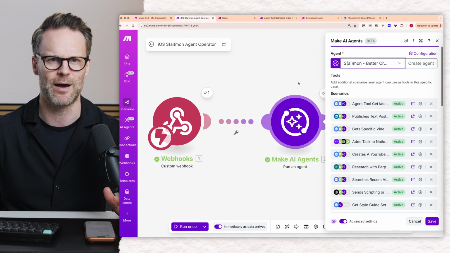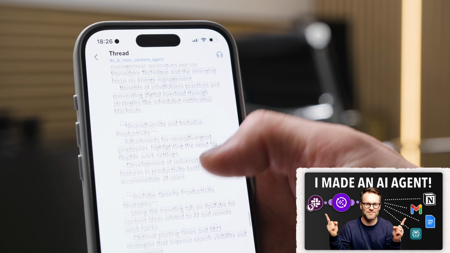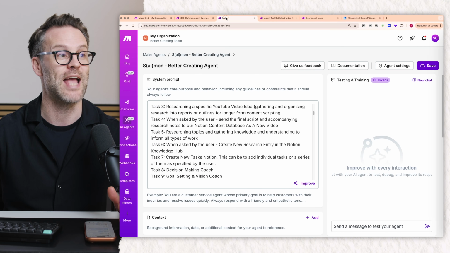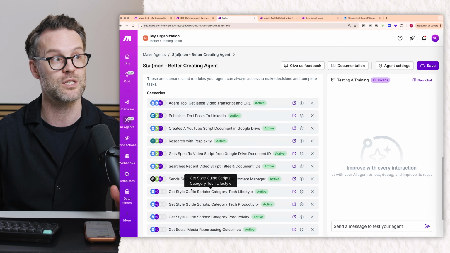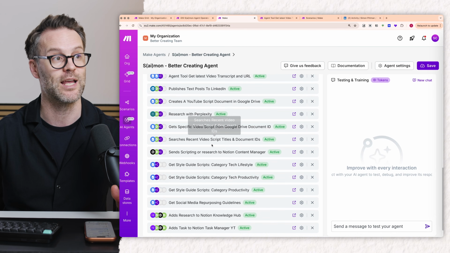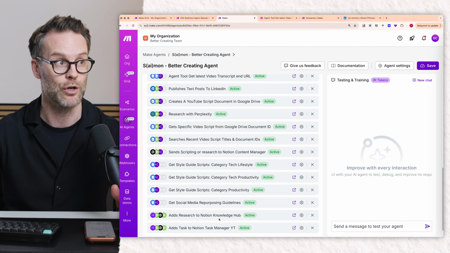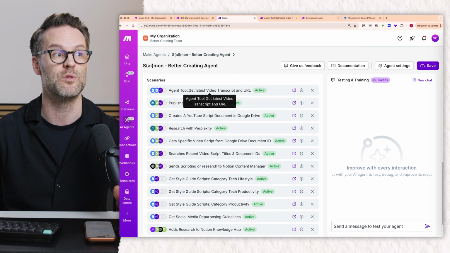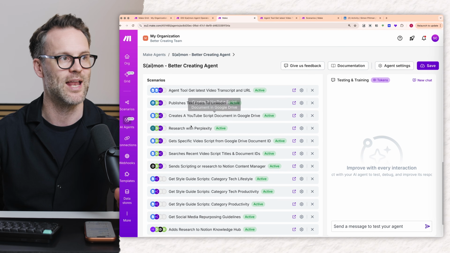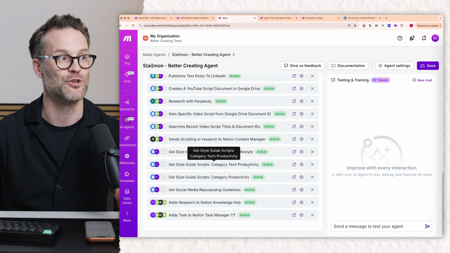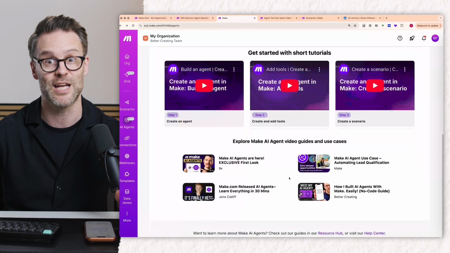I won't go into detail about that because I've got a full video on how to build all of this that you can watch after this, link below, on how I created my Make agent. The agent has its own instructions here and all of these tools, which are sub-scenarios that it can use, including researching with Perplexity. This thing can add tasks and research to my Knowledge Hub in Notion, and we're going to use it to do this on this demo, get the latest video transcript, and then we're going to get it to publish to LinkedIn. So just to quickly show you as well, there is the full video I'm mentioning, how